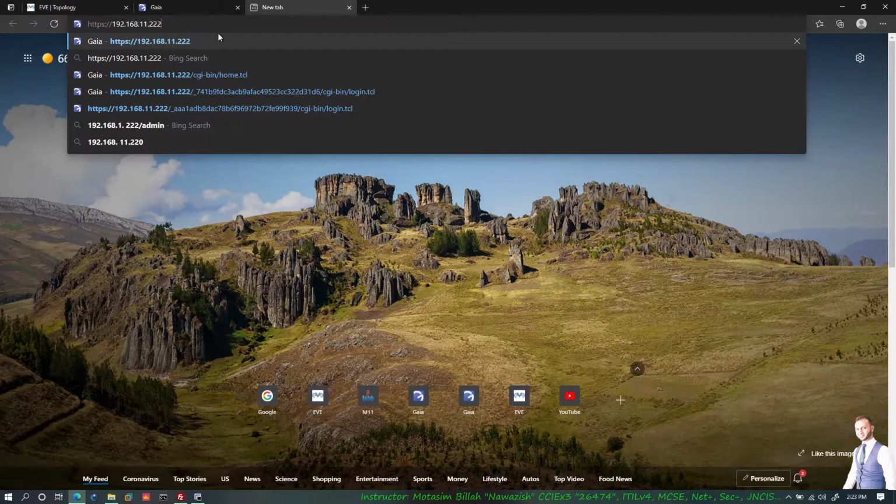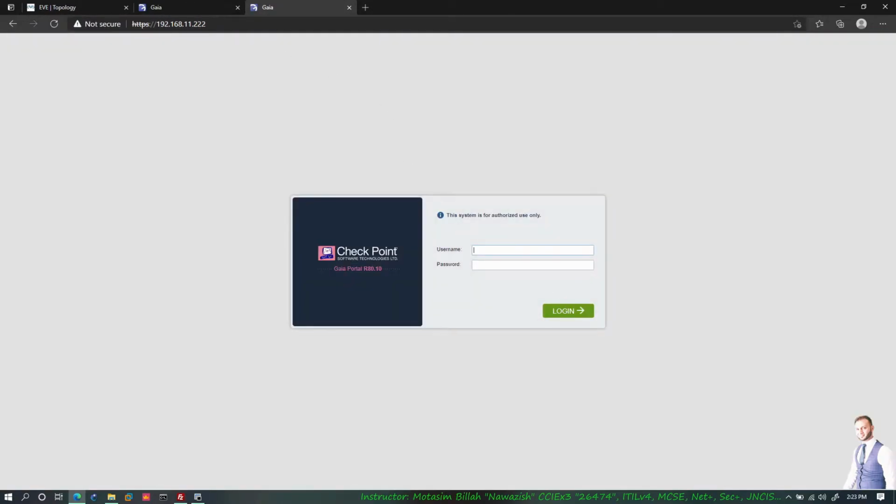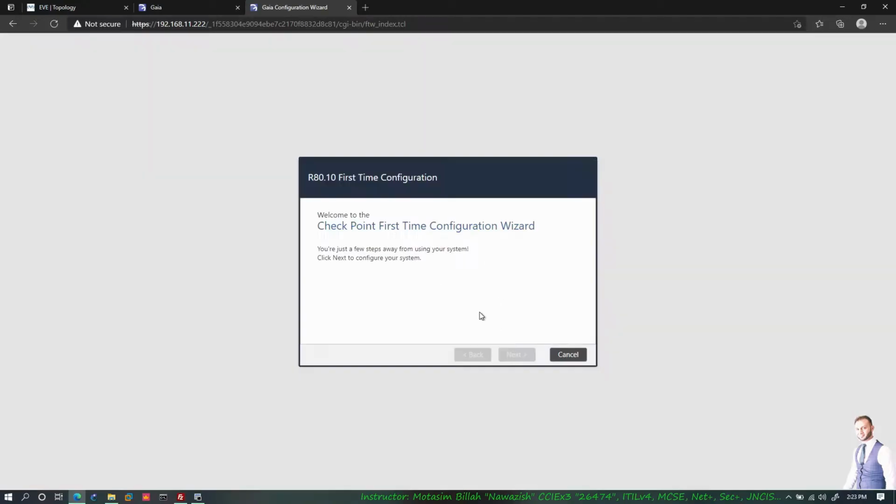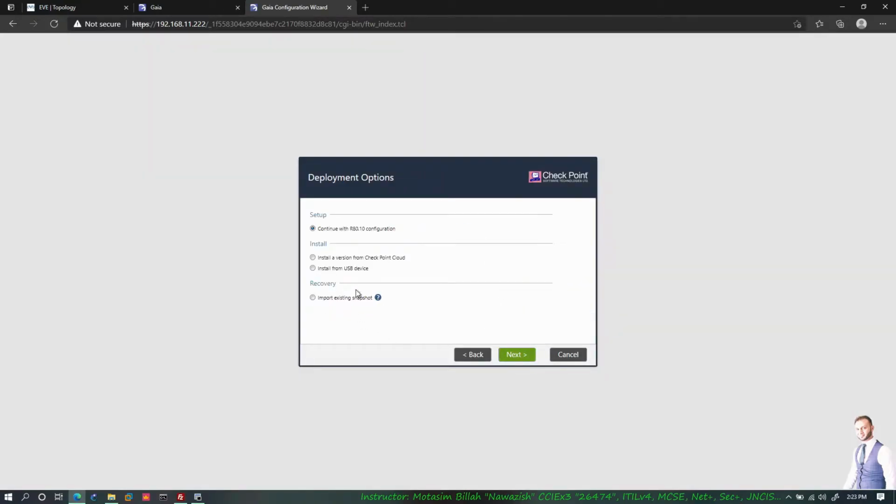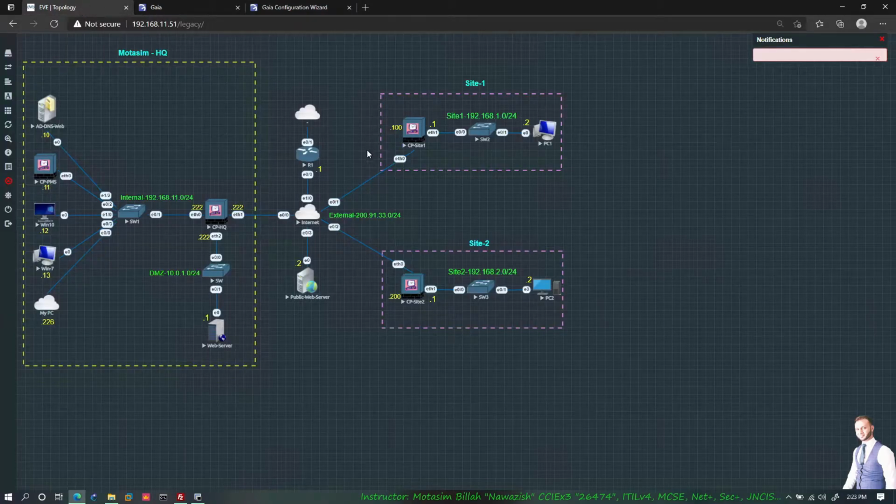That's 222. Username is admin, password admin123. Next, next. So I have my IP address is 11.222. I will assign the gateway pointing it to my public network here, which is this router